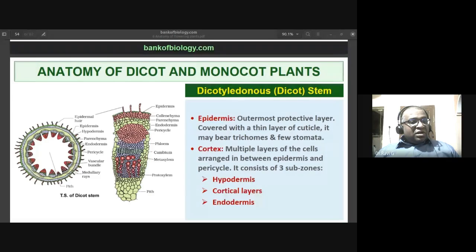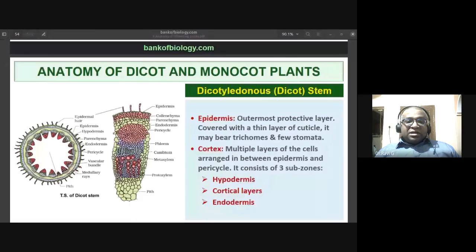Below the hypodermis is the parenchymatous layer of tissues. So you find the endodermis layer, which is wavy in manner, and the endodermis layer will also have the starch granules present in them. They also have the suberin deposition. So the Casparian strip you can notice even in them. But what is important for you to observe in case of this